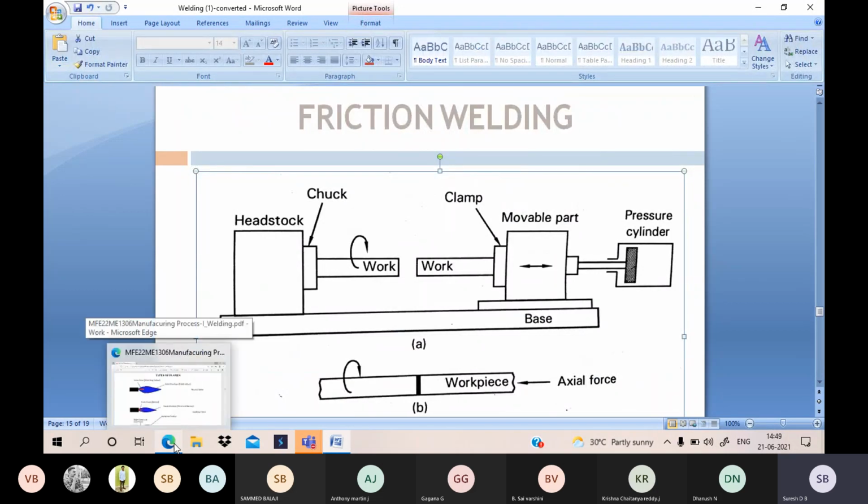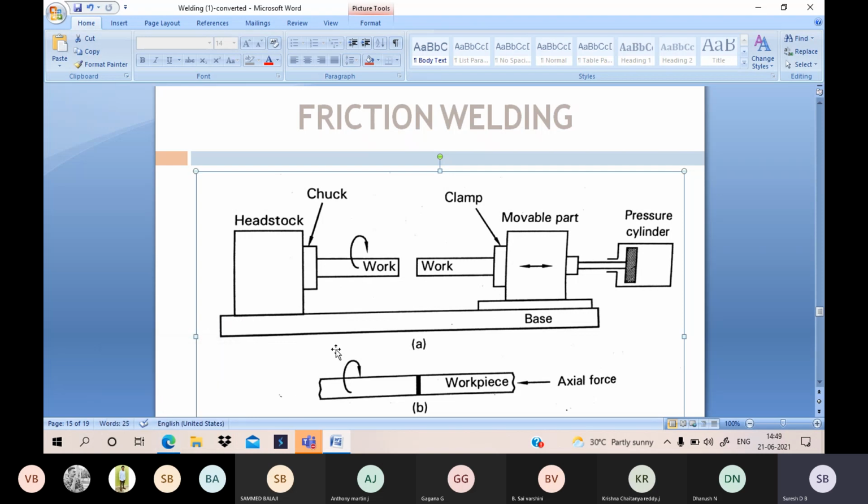Different joining methods use electric power to generate heat. Sometimes we use an electrode, sometimes we use some gas. Due to that gas mixture and heat, combustion takes place. That combustion is introduced near the welding spot or welding point, and due to the resulting liquid material, both the pieces are rigidly joined. Okay, then you go for gas welding.